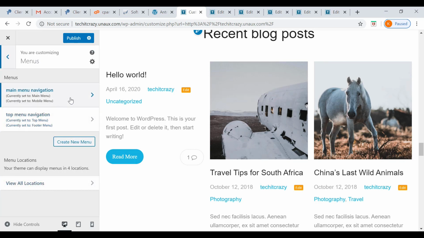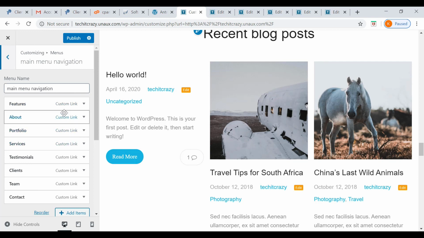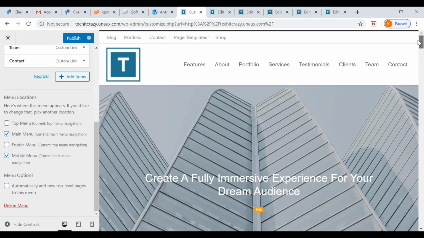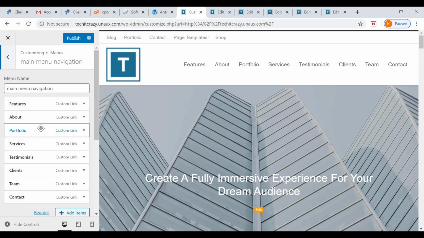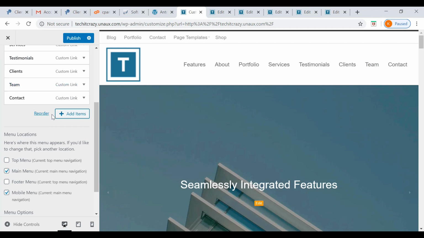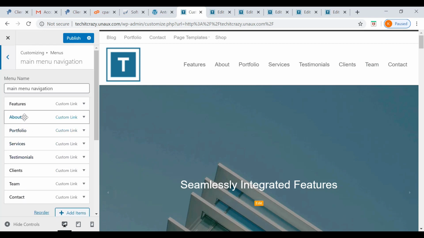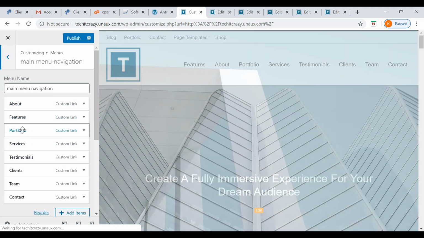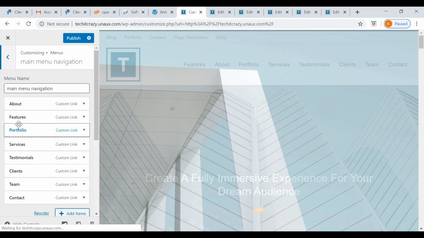Menus, so there is the main navigation menu. As of now, if you see, the menu features portfolio, services, testimonials, clients, team, contact. I want to change the order of these, so you can do all these things. If you do not want any of these, you can just remove it so that it will not appear in the main menu.